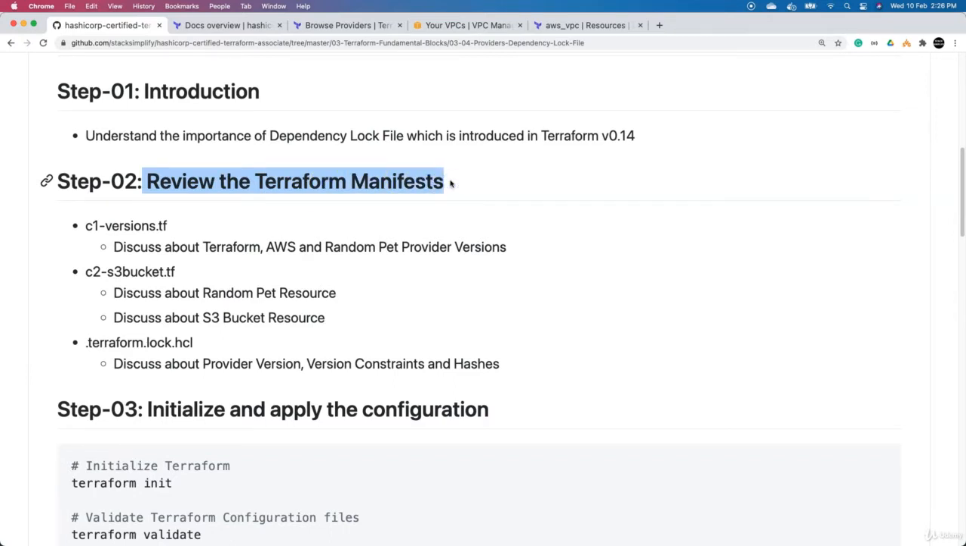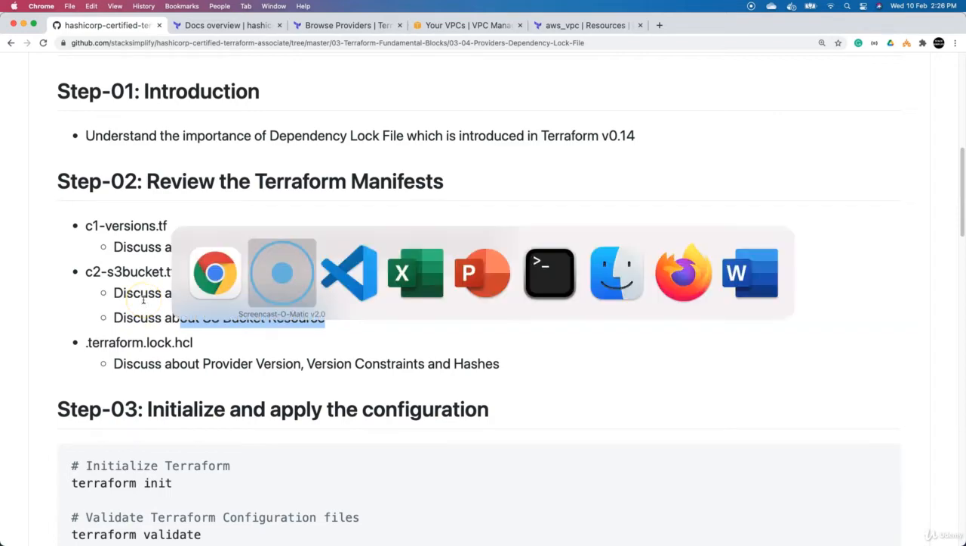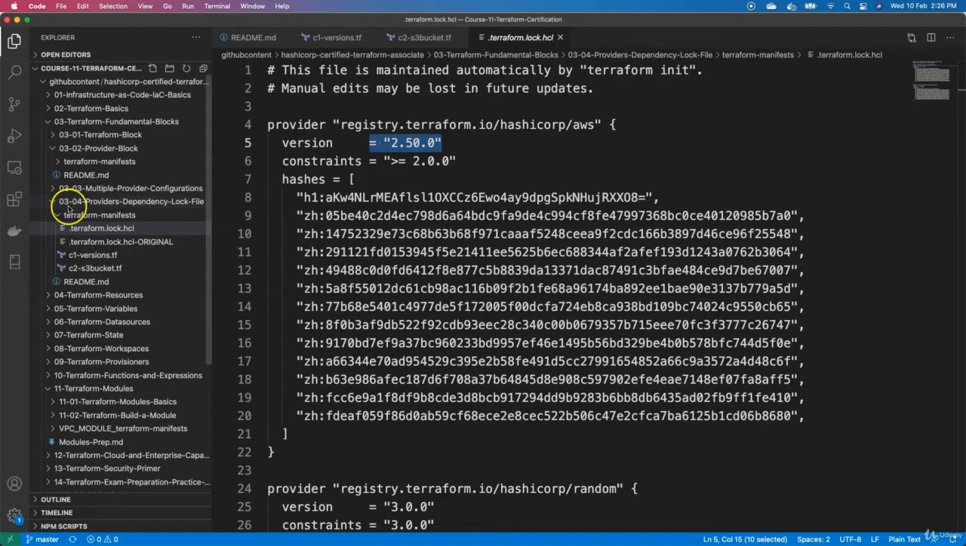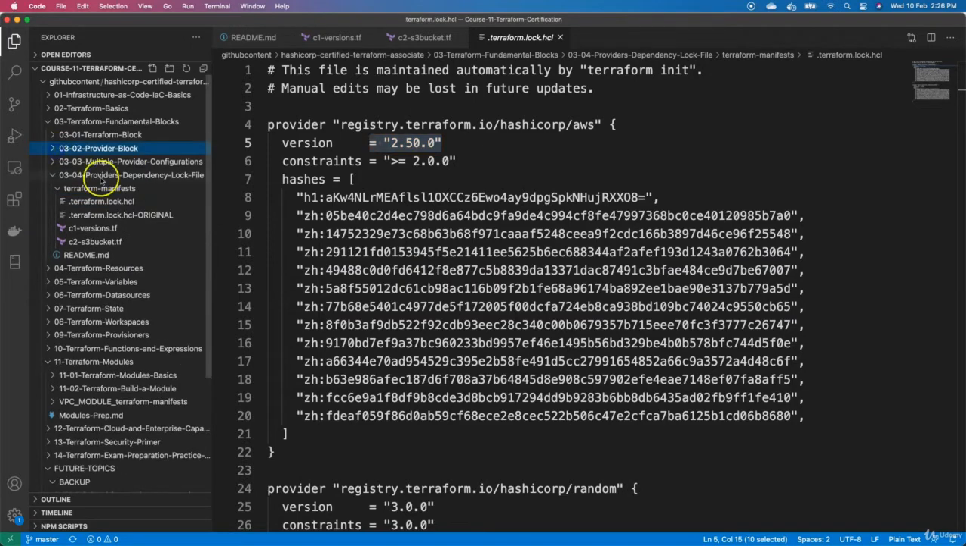As we have an existing log file, I have put it for us, so I am not going to write these files from scratch. We are going to discuss these files. One is c1 versions.tf, where we discuss the Terraform, AWS and random pet provider versions, and also the random pet resource and then the S3 bucket resource, and also the Terraform log file whatever we have. So let's go back to our Visual Studio Code, and in 0304, in the Terraform manifest, let's start with c1